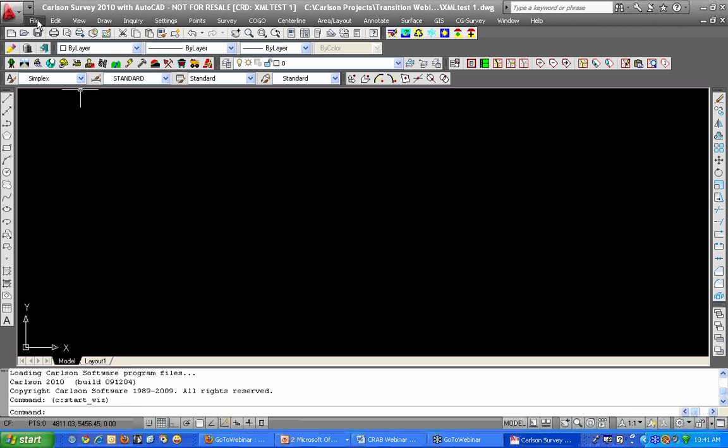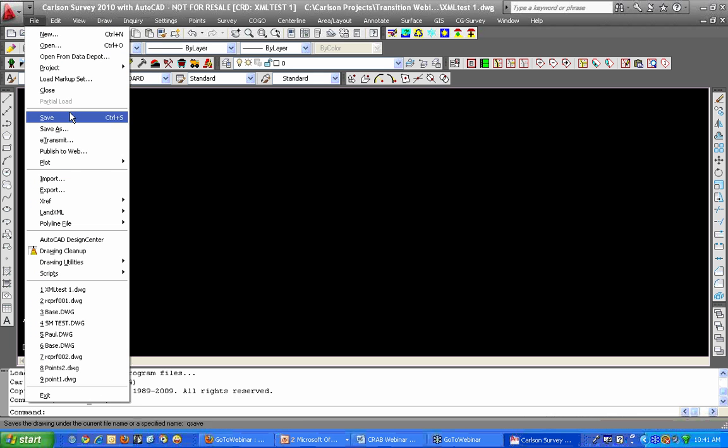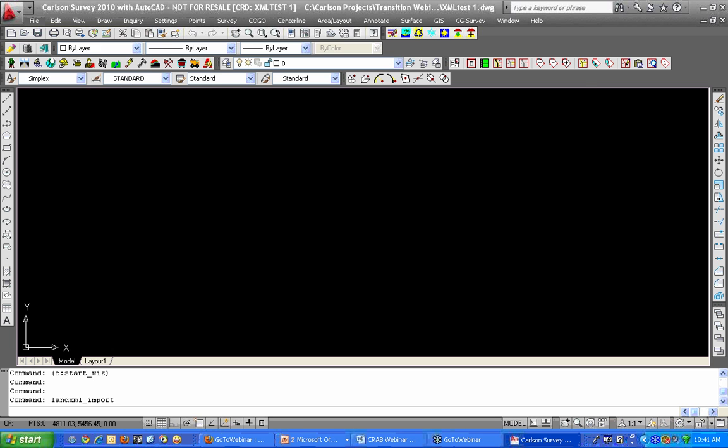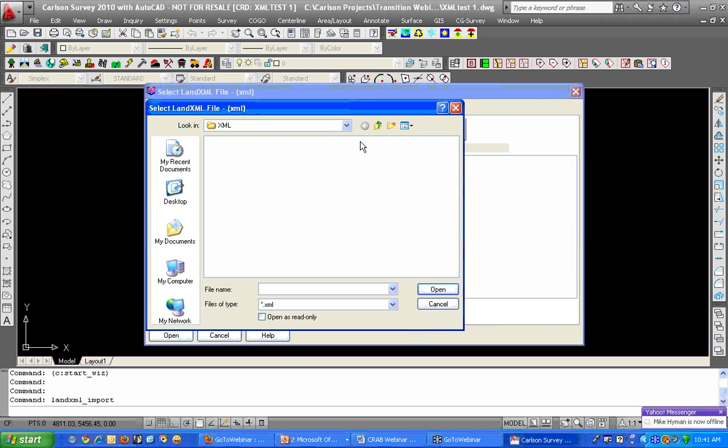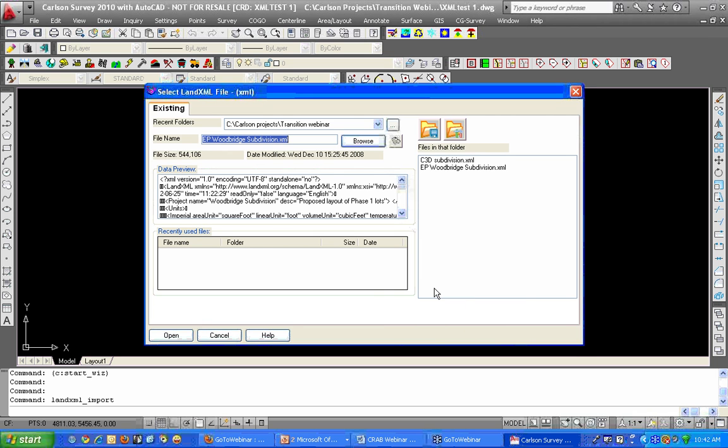You'll find the LandXML import on our File menu, about halfway down where it says LandXML Import Export, and we are importing. The folder we're looking in is the same one the drawing's in, and it's the most recent folder that we used. If I back up one level, and it wants to go to XML files, that's not where I want to go. So I don't have the recent folder there, but I can browse out and go up a level and find an Eagle Point LandXML file. We'll open that up,